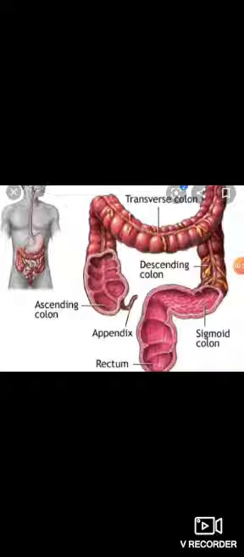Number 3, when the appendix is retrocecal, extension of the hip joint may cause pain because the appendix is disturbed by the stretching of the psoas major muscle. Number 4, in pelvic appendicitis, pain may be felt when the thigh is flexed and medially rotated because the obturator internus is stretched.